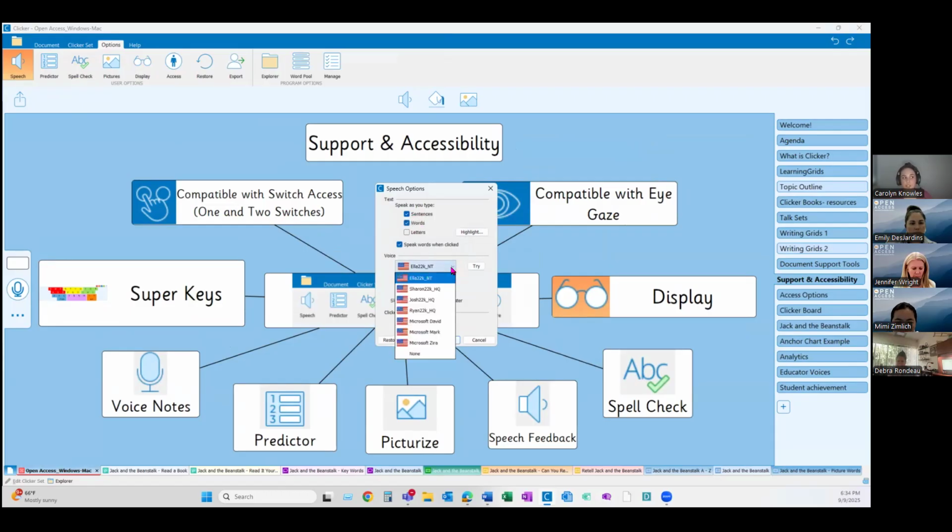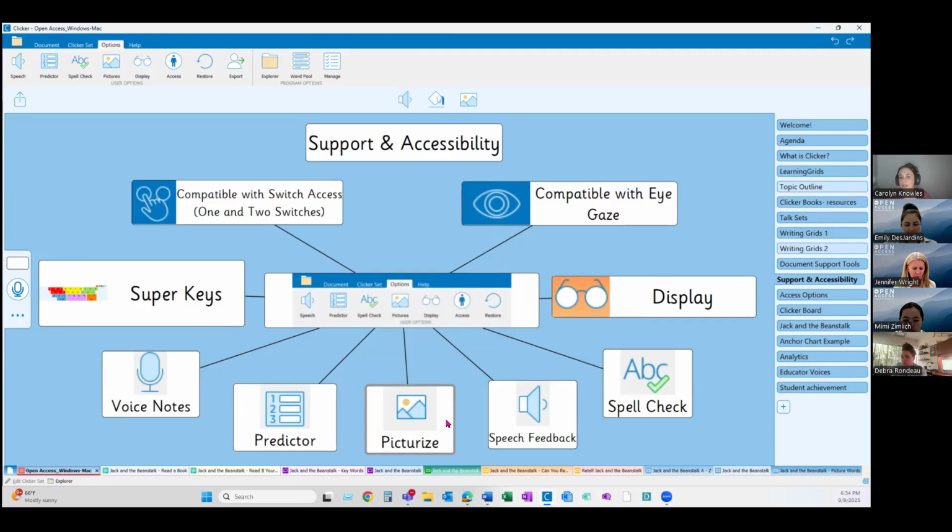I could change the speech engine here if I wanted to, but I could also ask that it read more slowly or read faster if I want it to. I could change the highlight appearance. If the text is red, if the background is red, highlighting in red isn't going to work, so I can change that. Everything is customizable. I won't go through absolutely all of these, but anything you can think of, you can change. How many words are shown in the predictor? If you want the picturizer to pull from a personal library of images, a student's things or classroom, you can set it to do so.